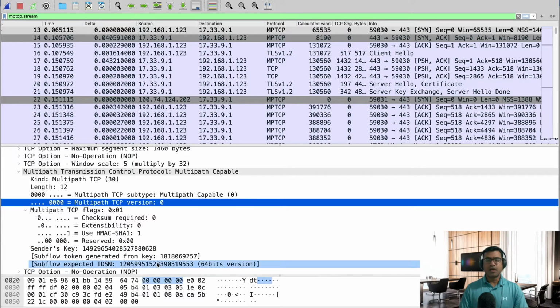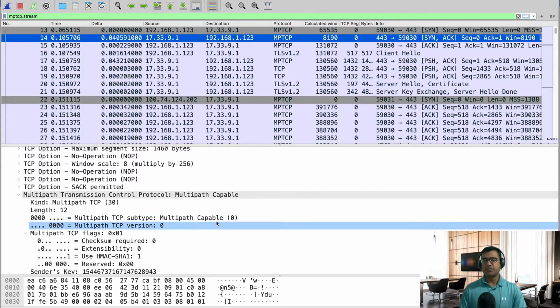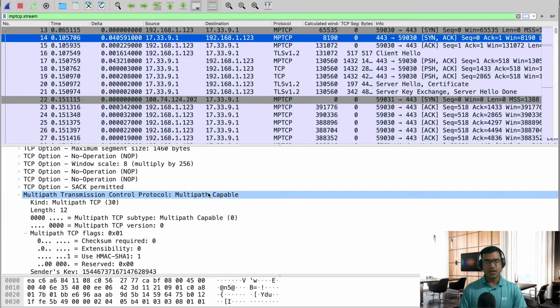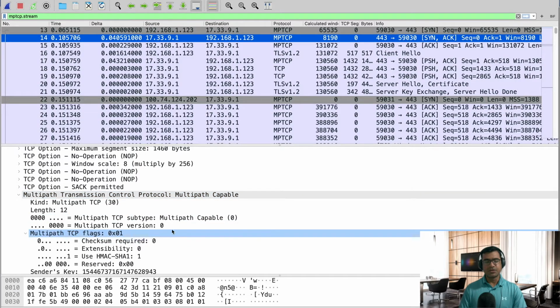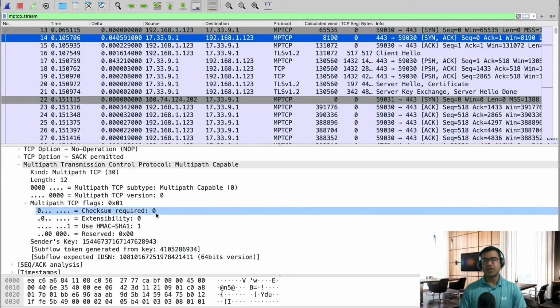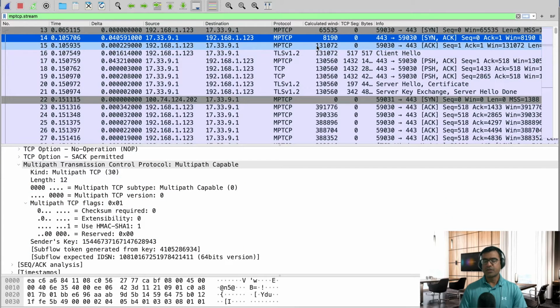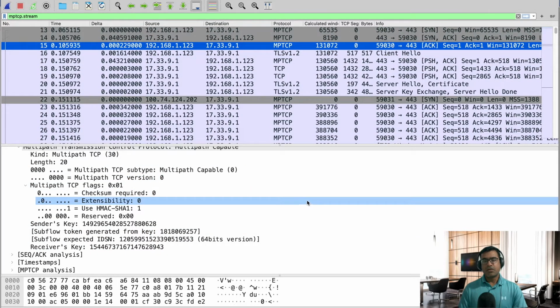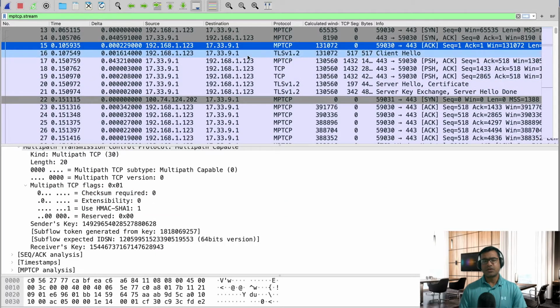All right. What happened in response to that? I am getting a response from Siri, and here Siri is also telling me that I'm multipath capable and I have similar options set. So negotiation and also the key. So the negotiation has happened, and then SYN ACK confirmation goes through. All right. Then what happened? Regular data transfer, and next